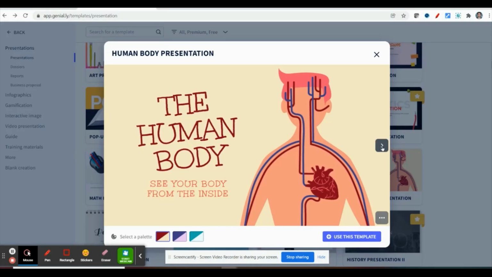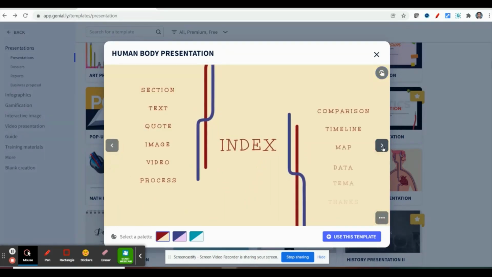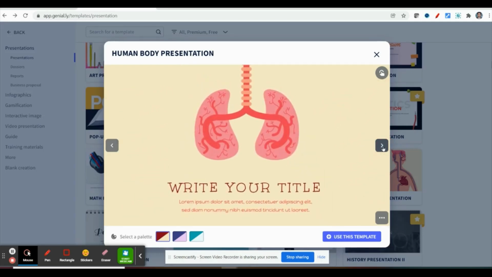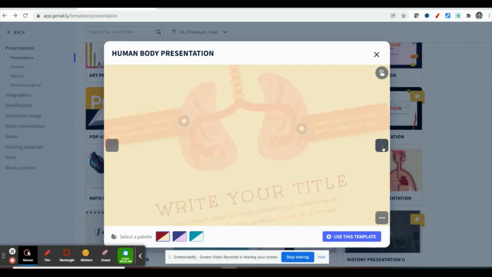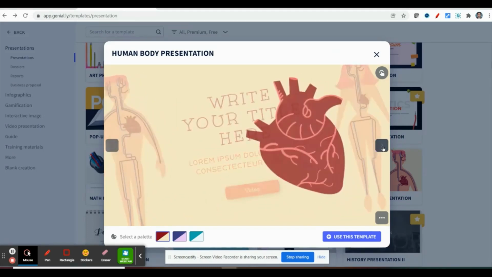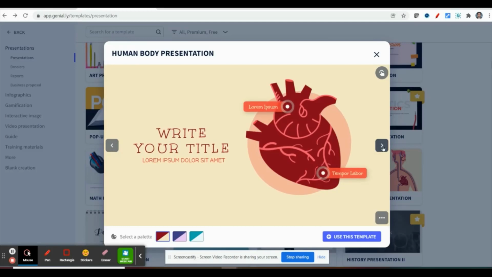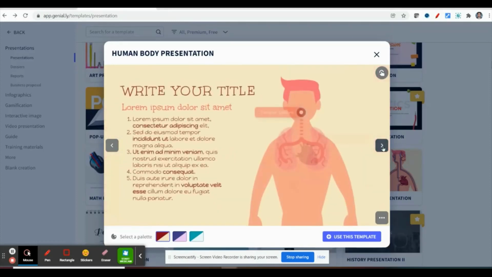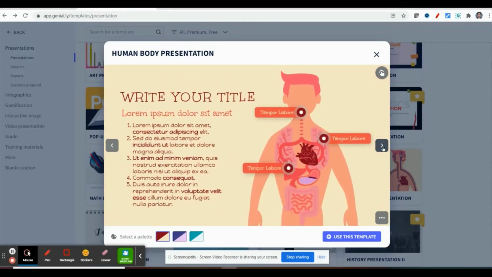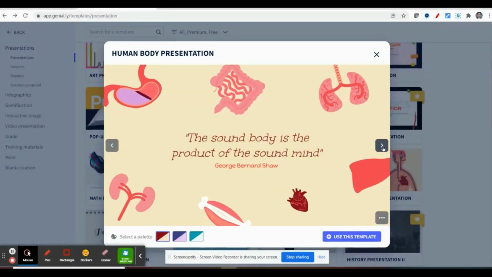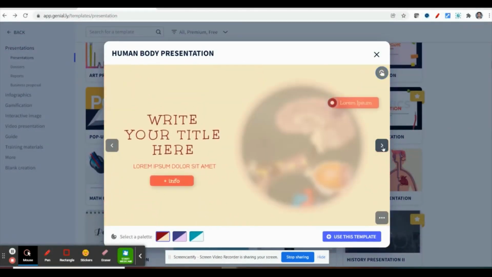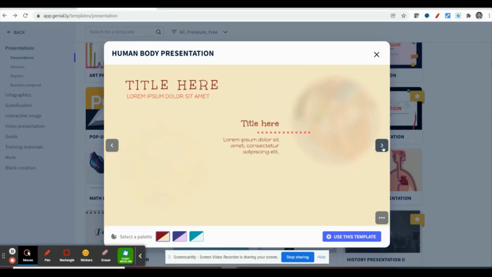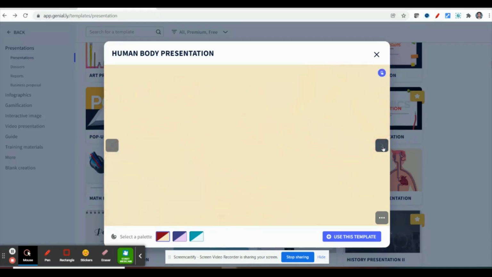At the center right side you can find this arrow mark. If you click, you can find the options in the human body presentation. For demo purpose I'm just highlighting this. So you can get the entire presentation of the human body. Yes, we can use this presentation, and we can edit it if you need. The teacher can easily prepare this kind of presentation by using pre-made templates.